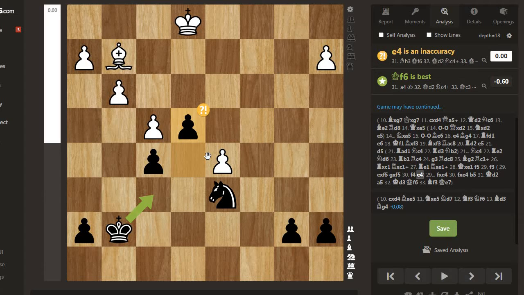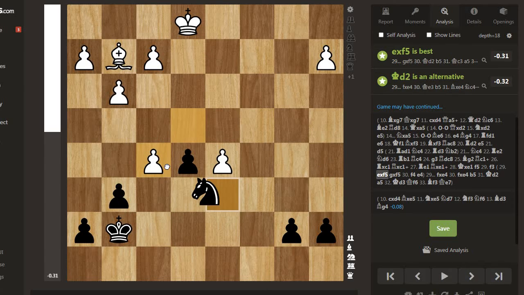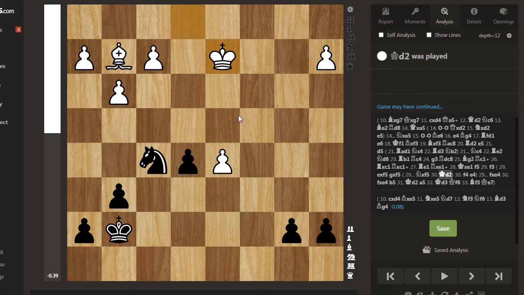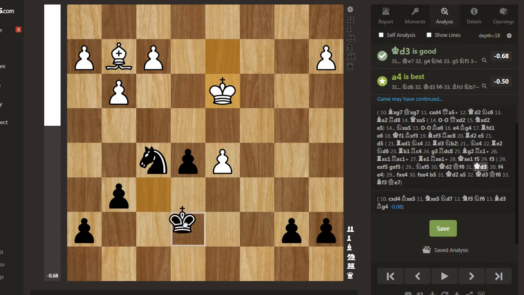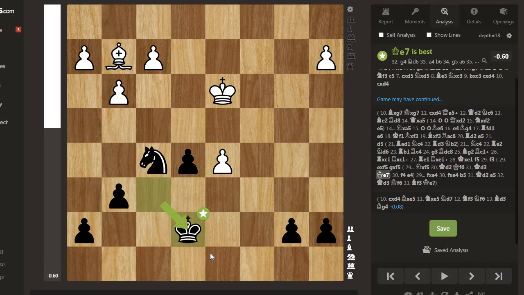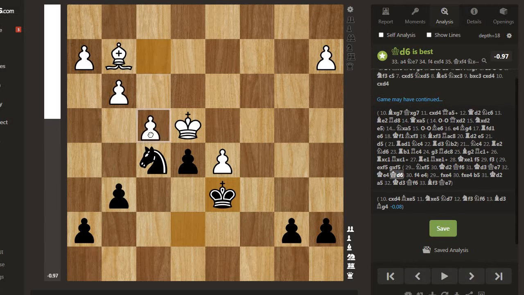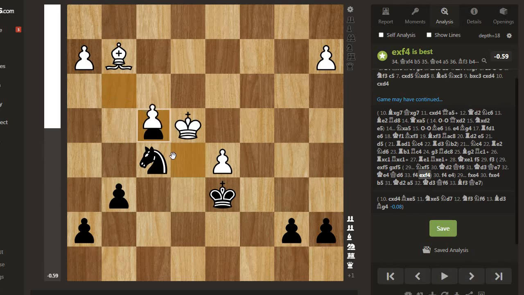Black has a better continuation against it here. So after e takes f5 by white, black's better continuation would be knight takes f5, and after king to d2, now king f6, and after king d3, now king to e7, and now if king to e4, then king to d6, if f4, ef4, gf4,